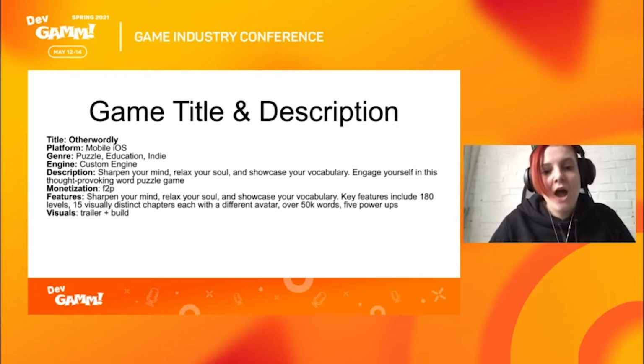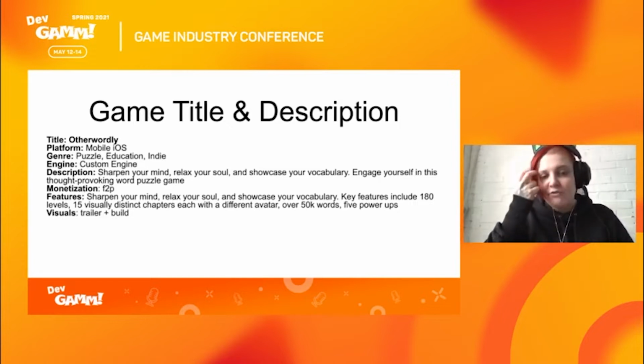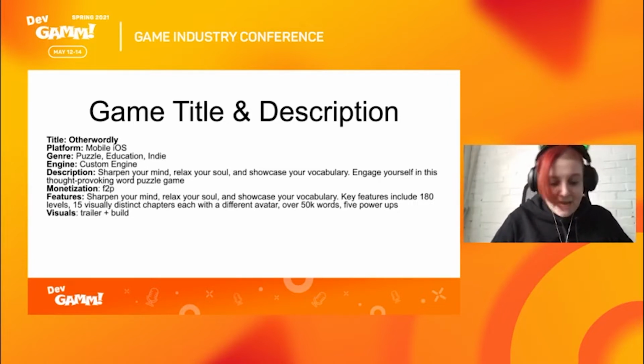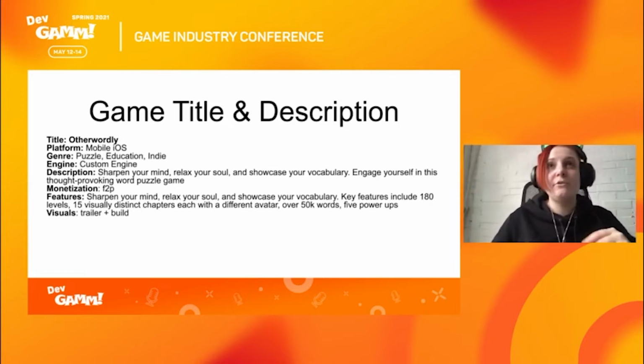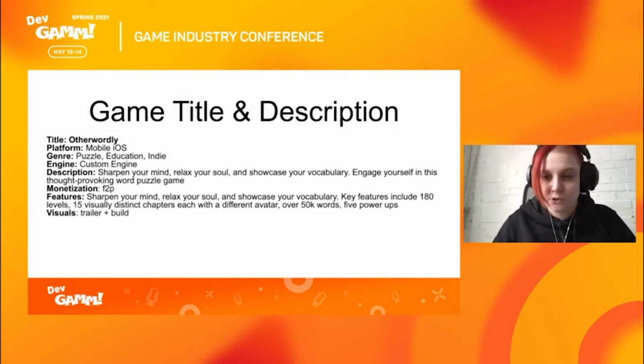Monetization is free to play, and I'm interested as well which model of free to play monetization you will choose. So will it be free to play with in-app purchases, or free to play with ads, or with in-app purchases and ads, or subscription, or I don't know. Which one? It's really interesting, and it would help you to set up the ads, for example, properly, and the marketing as well. The features are 180 levels, 15 visually distinct chapters, each with a different avatar, over 50k